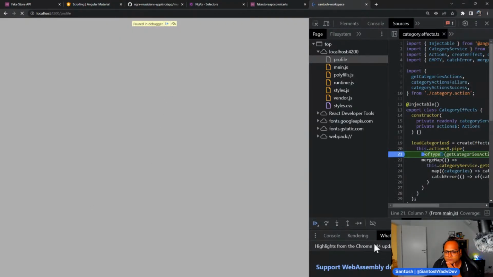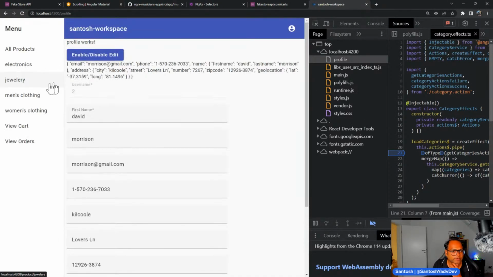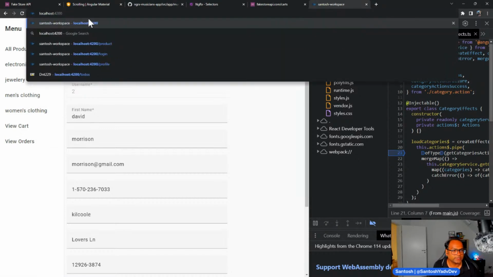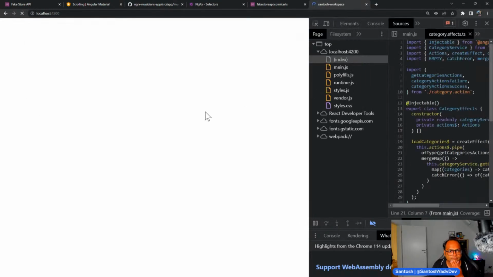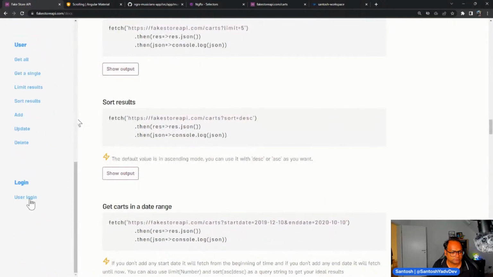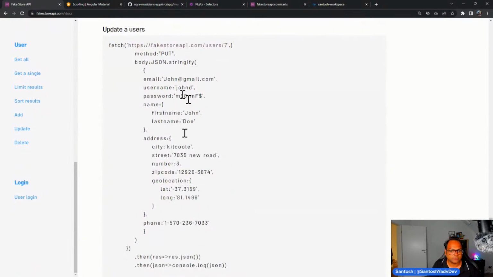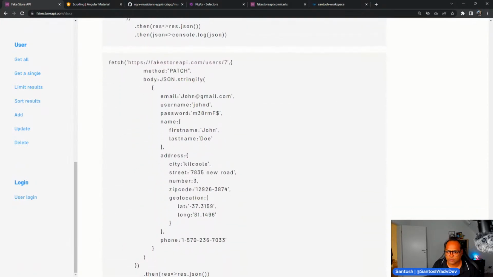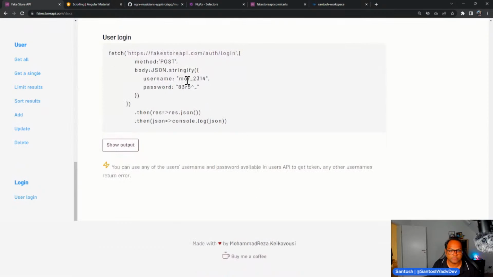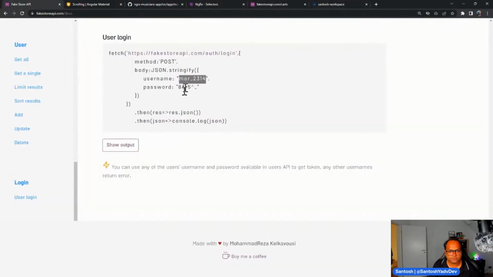Let's go back. And what we need is we need to go back to 4200. So we are redirected to login. And let's grab the username and password. Copy username. No, I need the last one. Oh, so every user has a different username and password, but we can use this one. Password